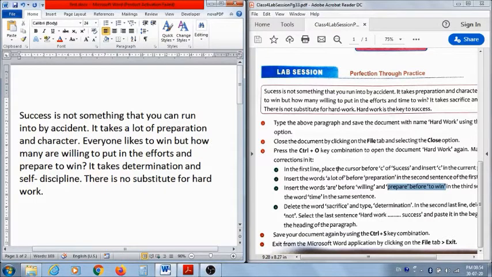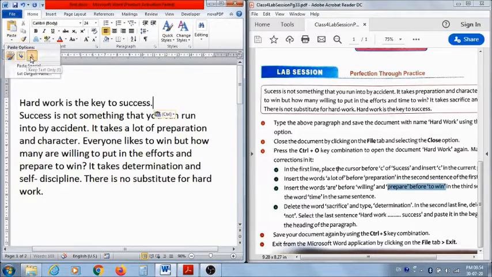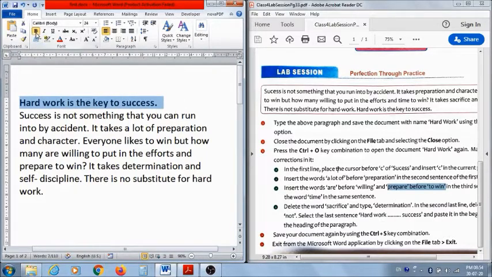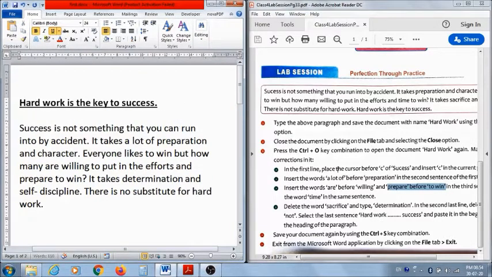Using the arrow key I came on top and I am using Control V. Okay, so Control V is the shortcut. If you don't want to use the shortcut, you can use the paste option in the home tab. Okay, as it is the heading, you can format the heading by making it bold, underline and leaving one line below it.